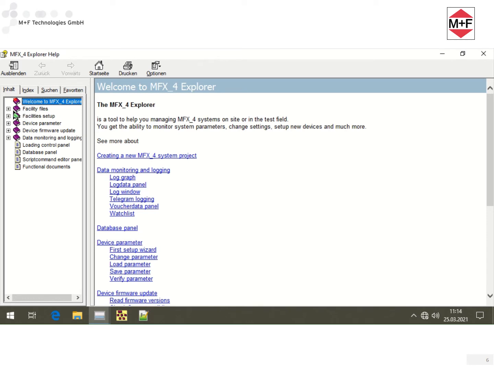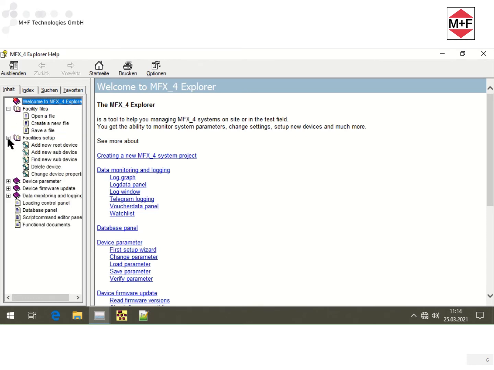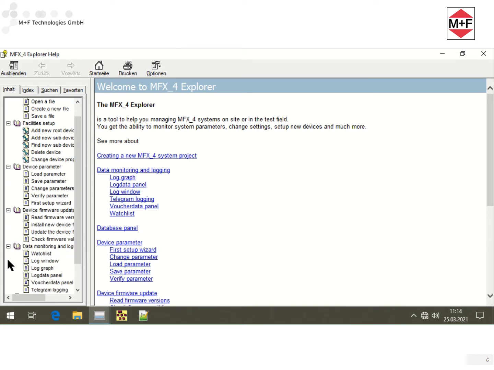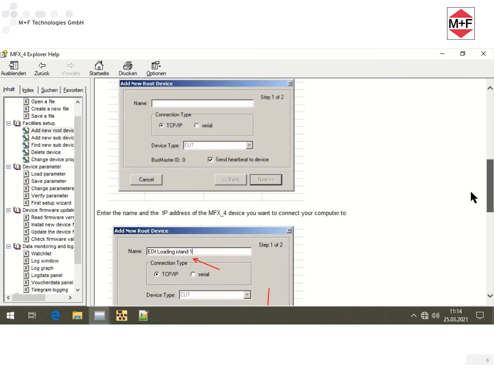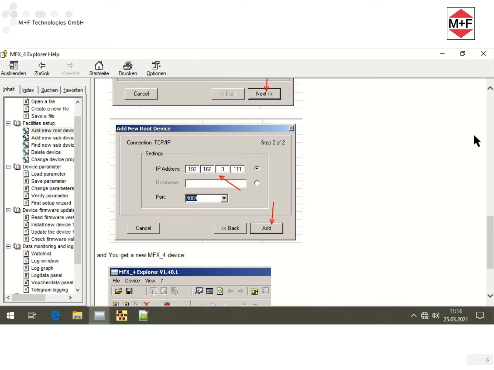From creating device files to handling the parameters of the devices, firmware update and much more. All steps are explained in detail and with many pictures. This help is a good starting point if you want to get to know the Explorer. You can find it, as said before, in the question mark menu under Help.